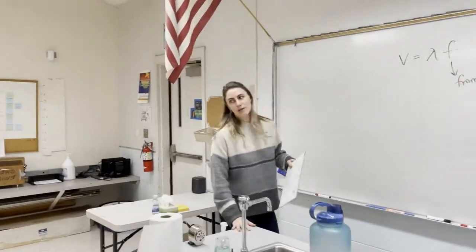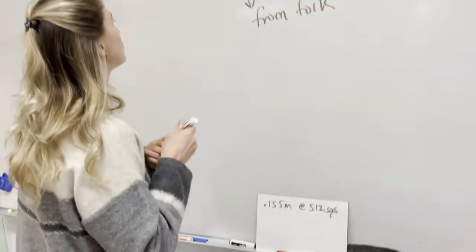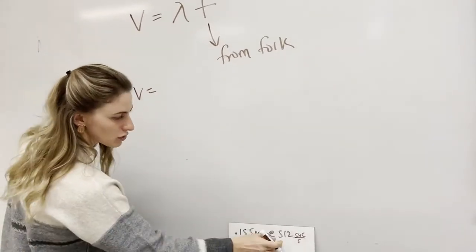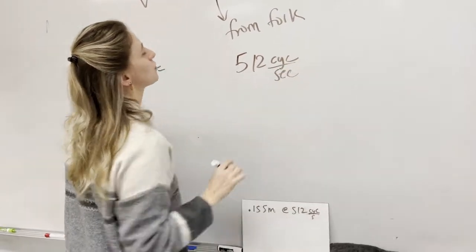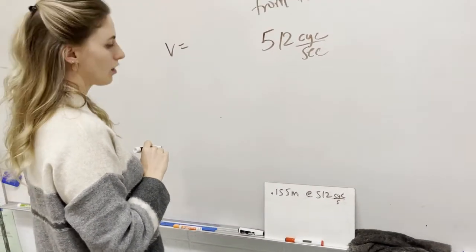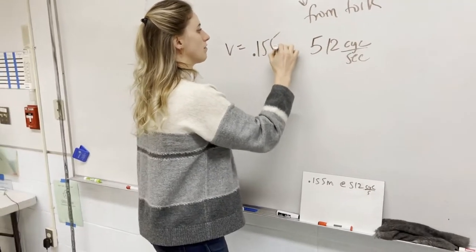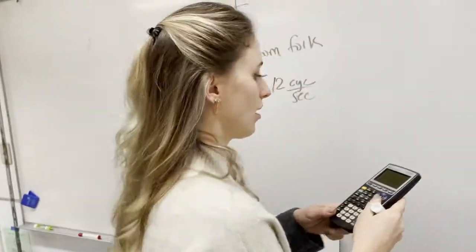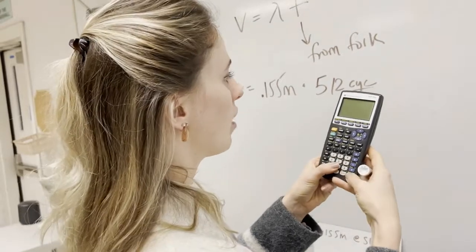Oh, I need my marker. All right, so we want to find the velocity, and my data points are right here. My frequency was 512 cycles per second. Let's go ahead and use 0.155 and see what we get for the speed of sound. 0.155 meters times 512, and we get